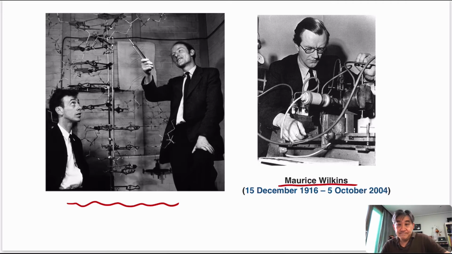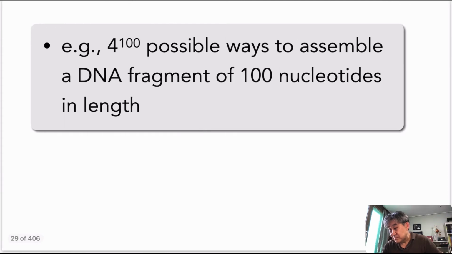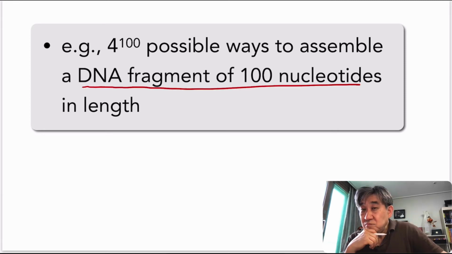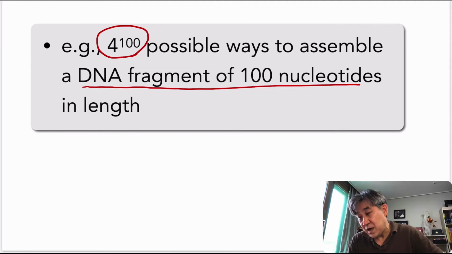Okay, so this DNA, we have only 4 nucleotides, like I said here. But that doesn't mean that you cannot really generate any meaningful, significant variation. This random arrangement of the 4 nucleotides, how many? For example, if any DNA fragment is made up of only 100 nucleotides, then using 4 different nucleotides, in terms of combination, there are 4 to the 100th possible different ways to assemble